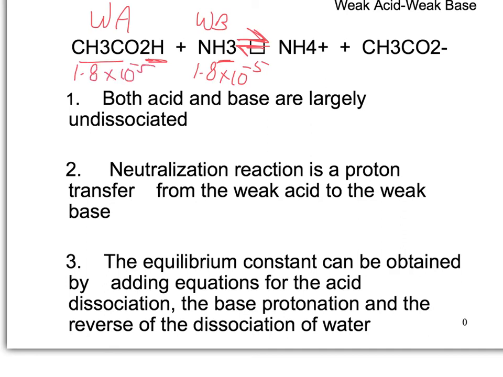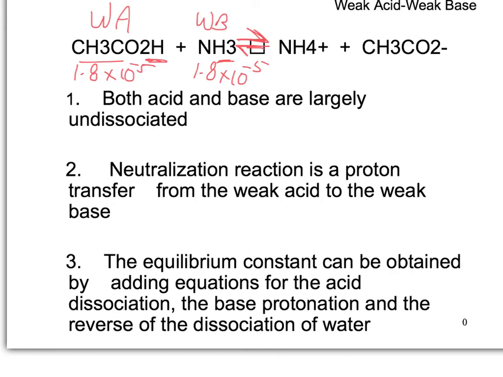So both of these are pretty low numbers, and even though we are carrying out an overall neutralization reaction, the neutralization constant for this can be determined by determining the equilibrium constant